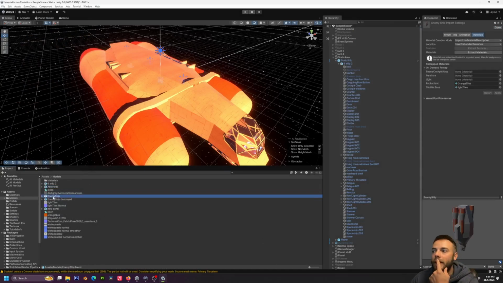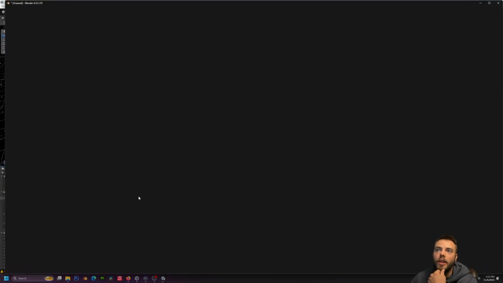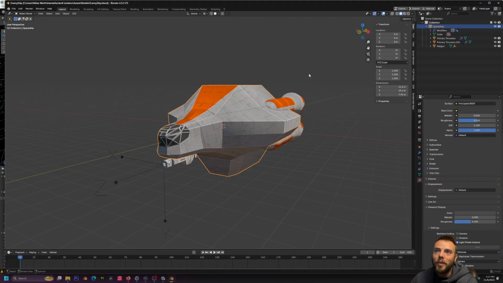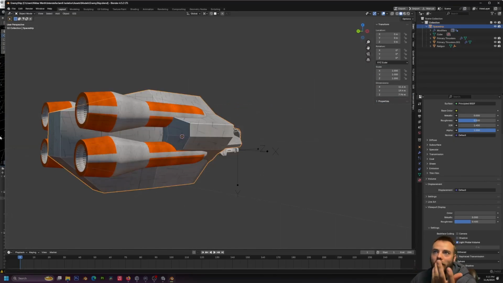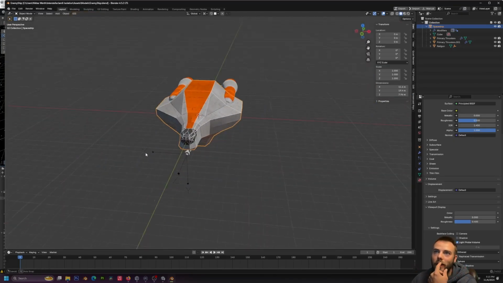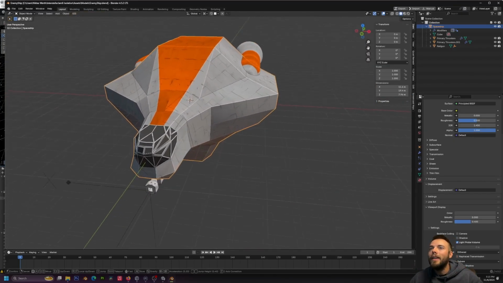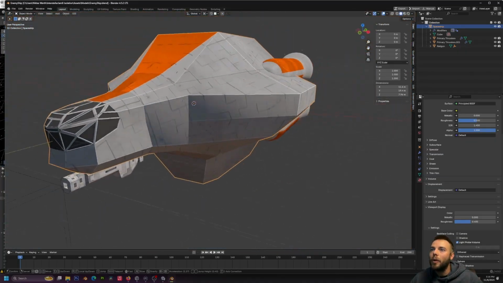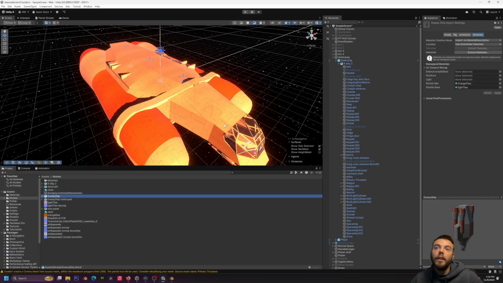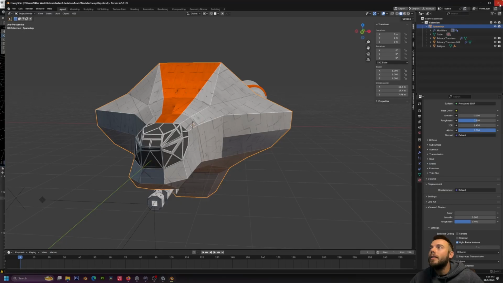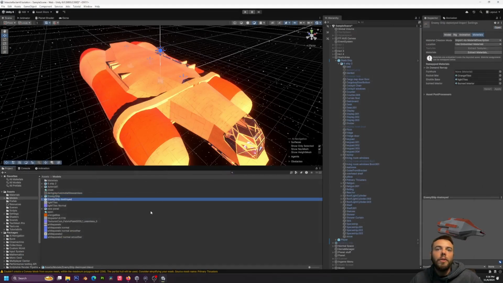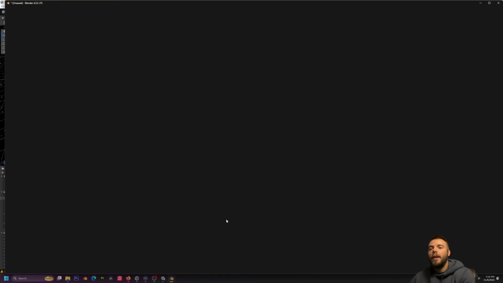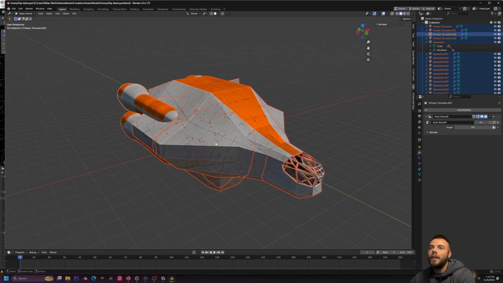This is the enemy ship. It's not the exact same as the player ship, but I modified the player ship to make the enemy ship. So it doesn't really have a nice interior or anything, of course. If you don't need to see it, don't model it. Let's close that up, and then I'll show you the enemy ship destroyed, which is the same model, except I just cut out chunks and stuff,